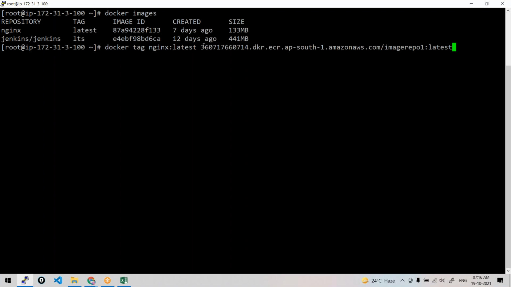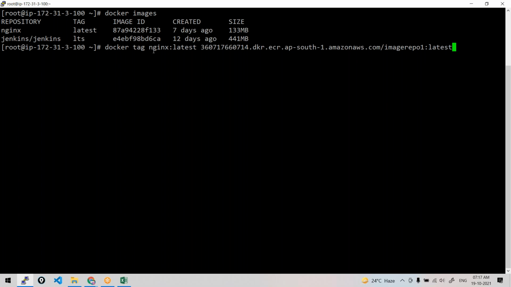Understood, everyone? See, this is the registry address, like I told you yesterday. Yesterday we discussed you could change your registry name or account name, like username or repository, anything. You just tag it with whatever address you want to push. This is my AWS container registry address. This is my repository name. And this is the image name, right? So it means tag name. So I just want to give this tag.